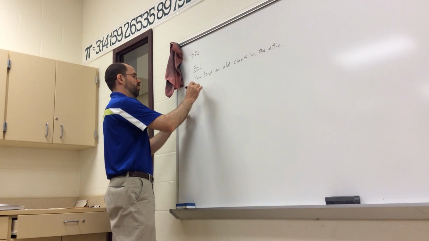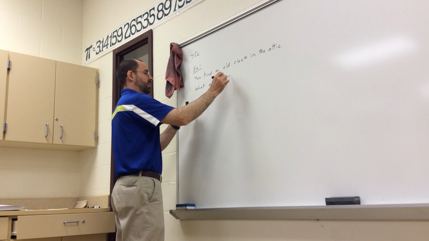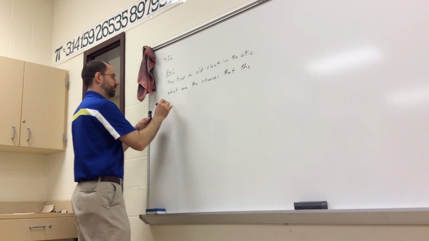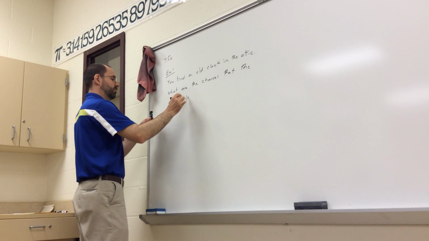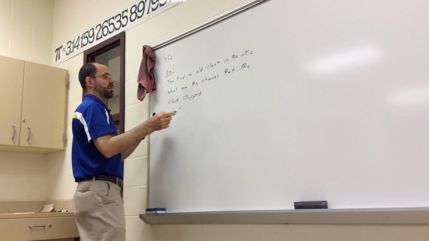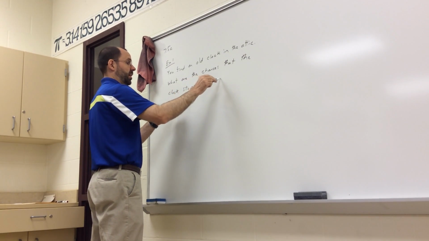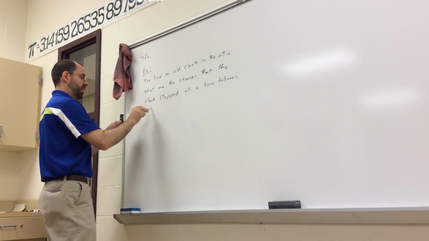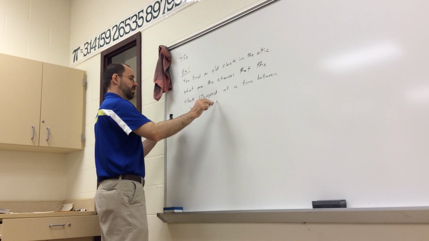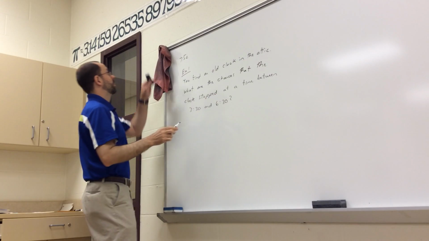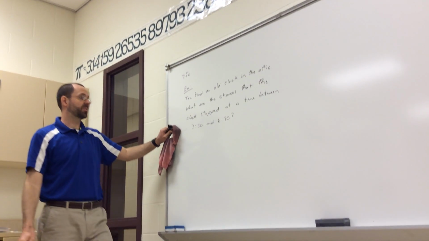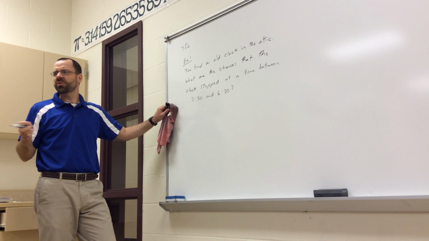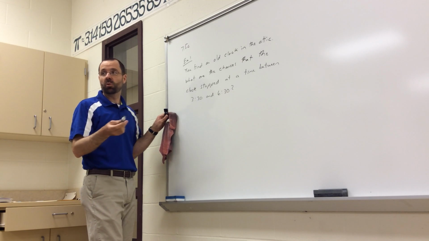So the question is, what are the chances that the clock stopped at a time between 3:30 and 6:30? What are the chances that the clock stopped at a time between 3:30 and 6:30? So I'm going to do this problem 3 different ways. 2 of them are valid and 1 is not.